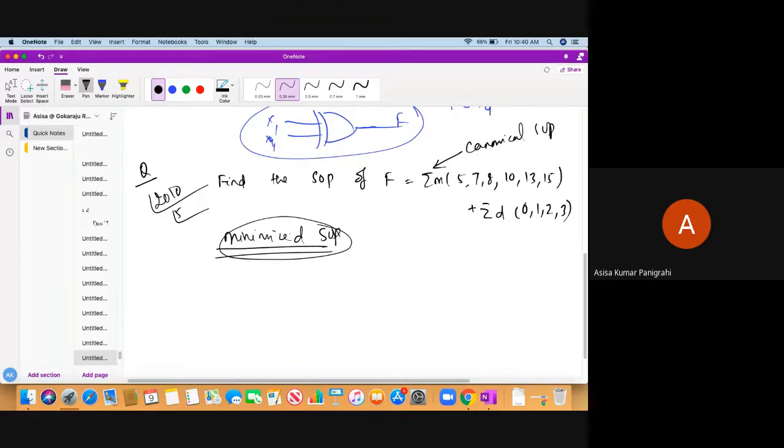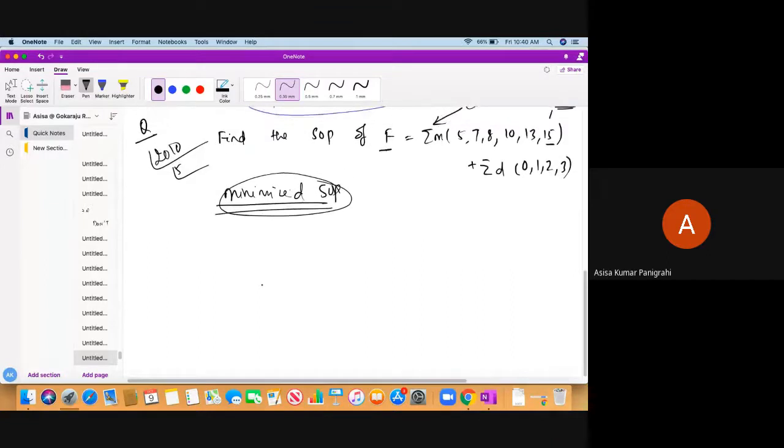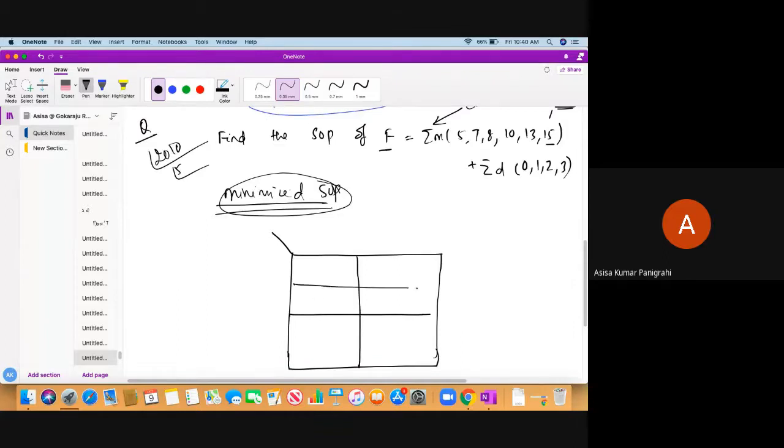Okay, so how many variable function is this? It's not given anything here. So obviously take the highest minterm and find out how many variables are required to represent 1 1 1 1. So we require a 4 variable KMap. So for a 4 variable KMap we have to construct 16 cells. So I'm just constructing 16 cells over here. Okay, so these are my 16 cells, and here variables are not given, so I can take A, B, C, D variables, and these are my C bar D bar, C bar D, C D, C D bar, A bar B bar, A bar B, A B, A B bar.